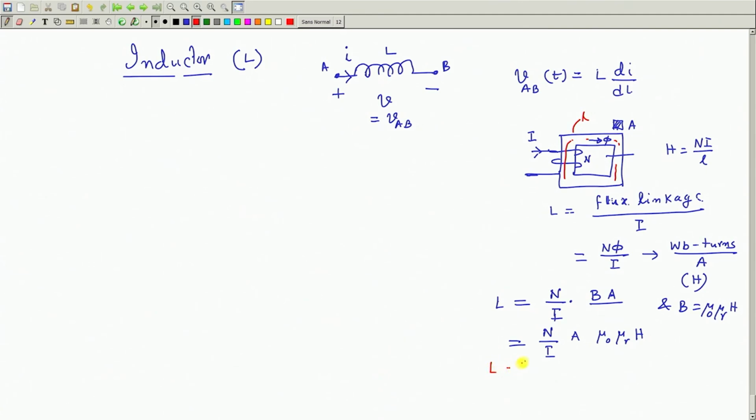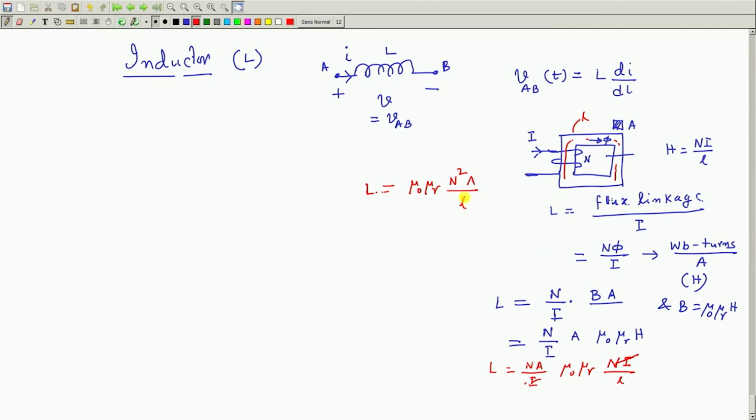So, L becomes N A by I, then mu 0 mu r, these are the permeabilities, and this is N I by L. Therefore, for inductance, this I will cancel here, and you will be left with inductance L as mu 0 mu r, then N square, then A